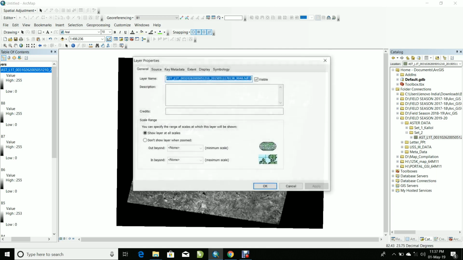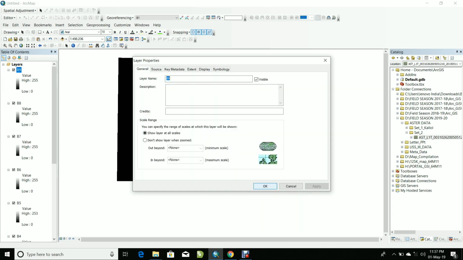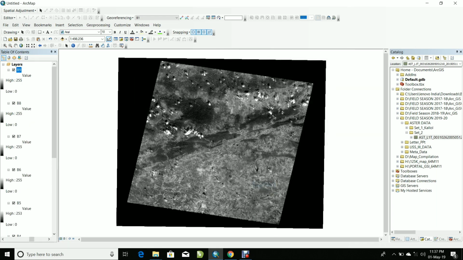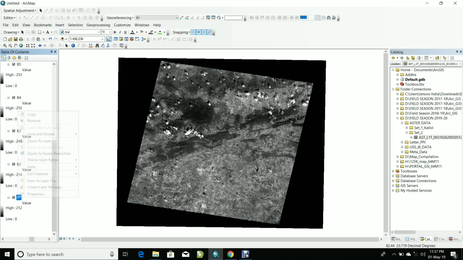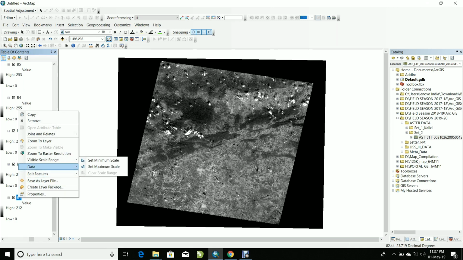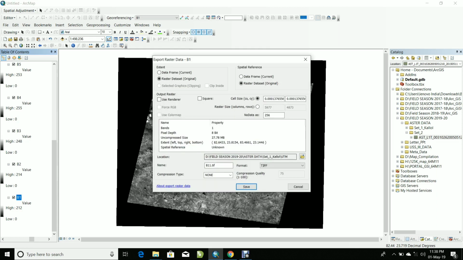Here I am processing all 9 bands. Now right click on the B1 band and go to Data, Export Data. Here there is a No Data tab.